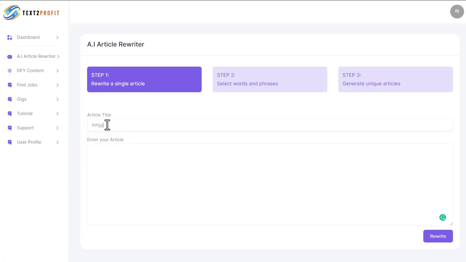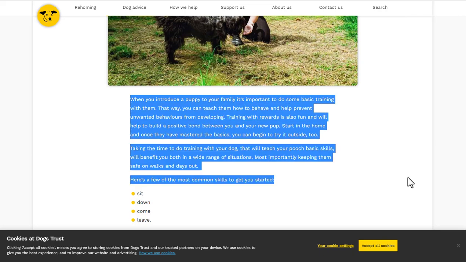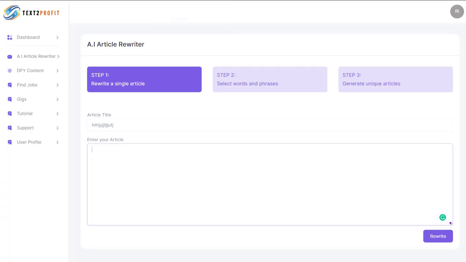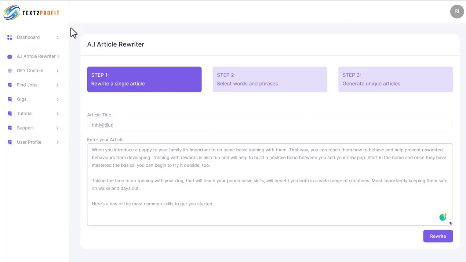Now all you need to do is put a title here, and then I'm going to jump over here and grab a random article online and plonk this in, and I'm going to show you exactly what this does as far as spinning is concerned. Now a couple of things to note as I'm just about to do this. On my version, which is the front end version at $19, you've got a 3 article limit per day, which is a little bit useless because if I want to do more than 3 articles, that's me done after 3. So basically you have to upgrade to get an unlimited version of this, which is pretty poor.